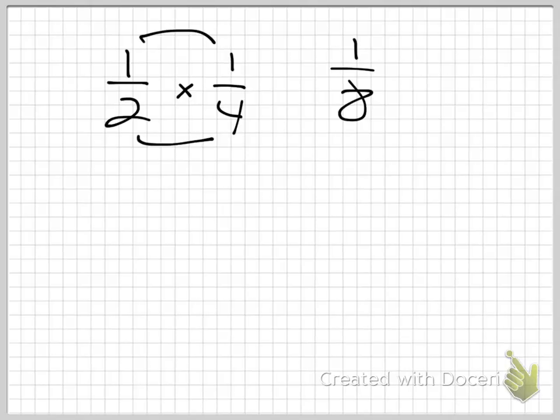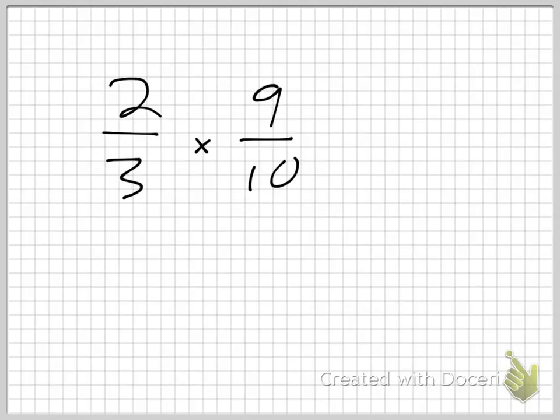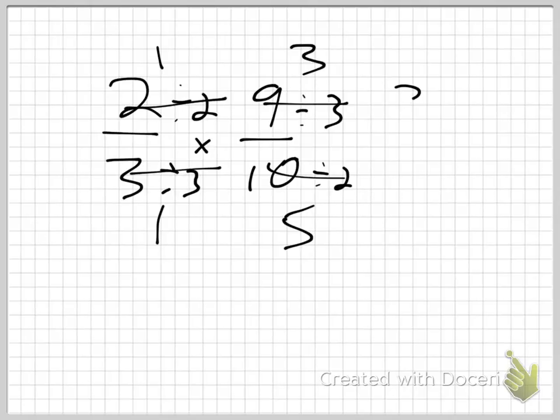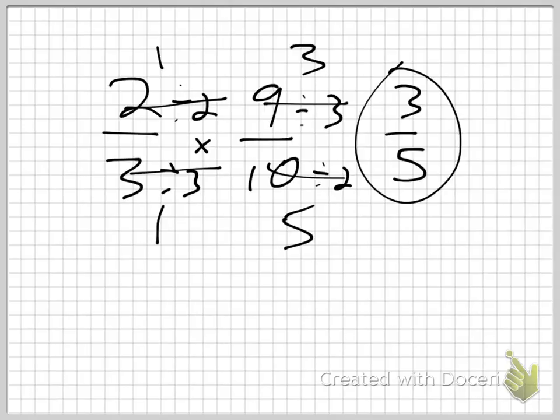If you are able to, what is something that you can do if you're able? 2/3 times 9/10. What am I allowed to do? Can I reduce anything here? I can't reduce anything, but I can cross cancel, right? Divide by 2, divide by 2, divide by 3, divide by 3. All of these things that you already know how to do, you're going to be doing again today. It's just that now it's in the form of